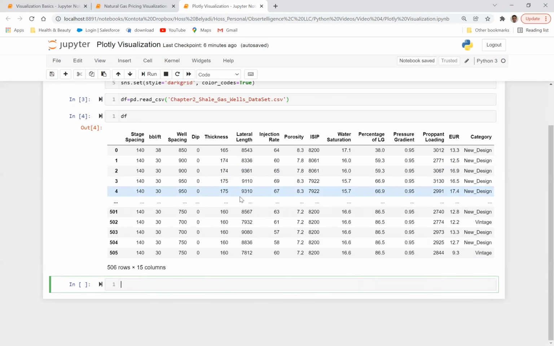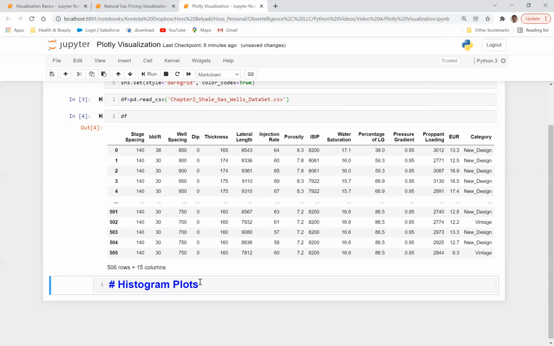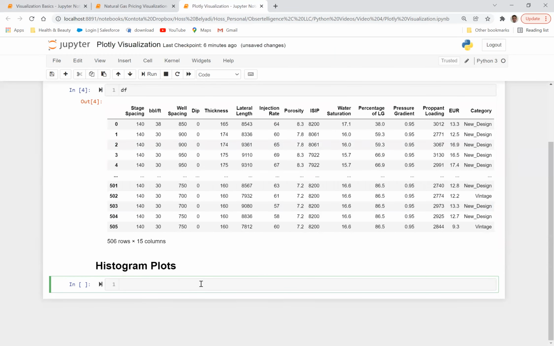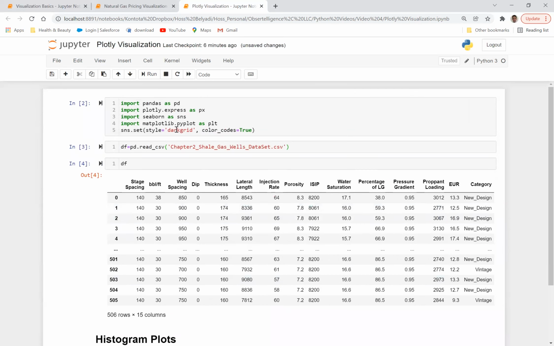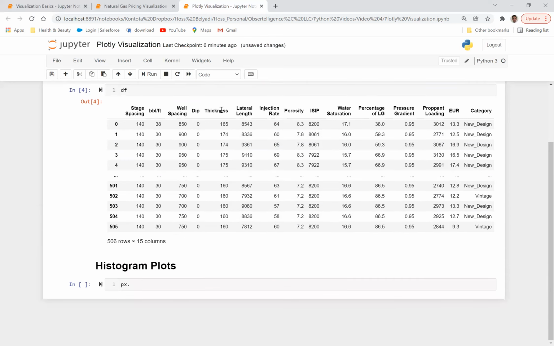So with that, let's go ahead and create a header here called histogram plots. And let's just make this a heading in this case. Hit OK and Shift Tab. And let's go ahead and say px dot. So if you recall, we defined plotly.express as px. Okay, so let's go ahead and say px.histogram,